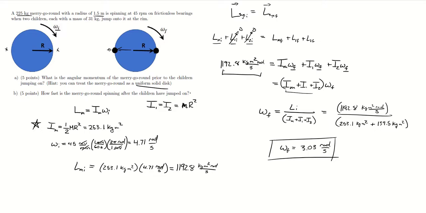Hopefully you followed that and this is making sense. Again, it just boils down to there being no external torques acting on the system. That angular momentum is going to be conserved. Add up the total angular momentum at the start, set it equal to the total angular momentum at the end. Because it's conserved, they have to be the same. After that, it's pretty much algebra to solve for what was asked.